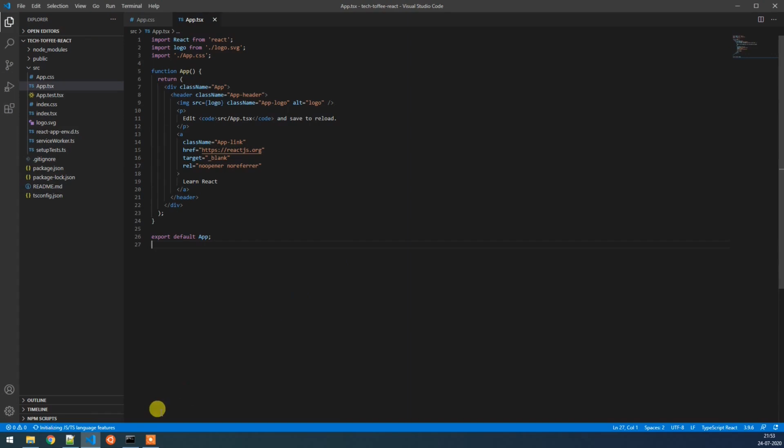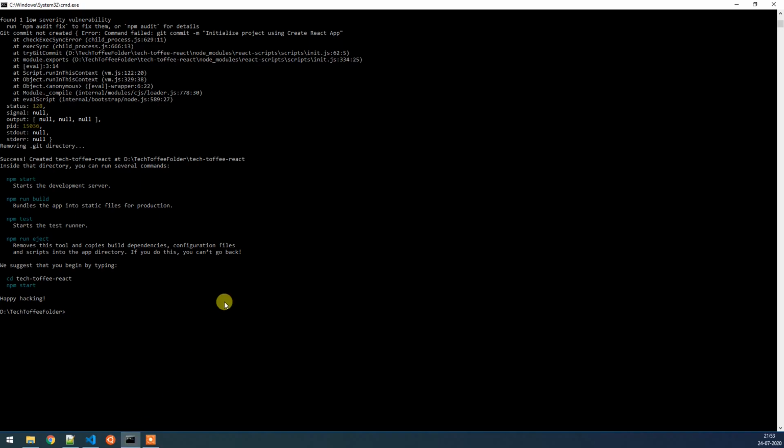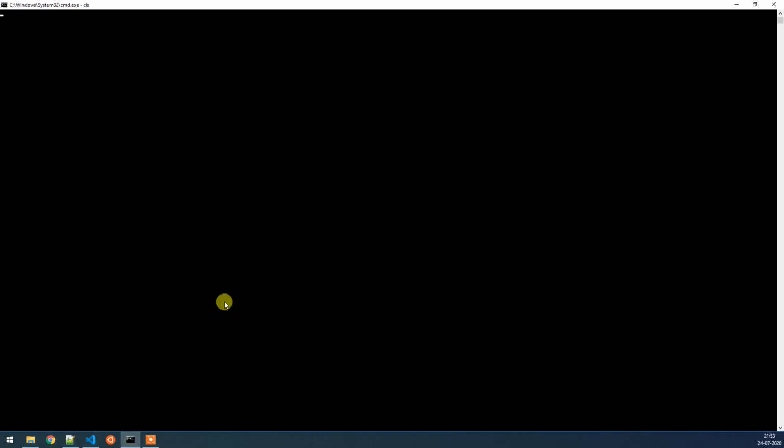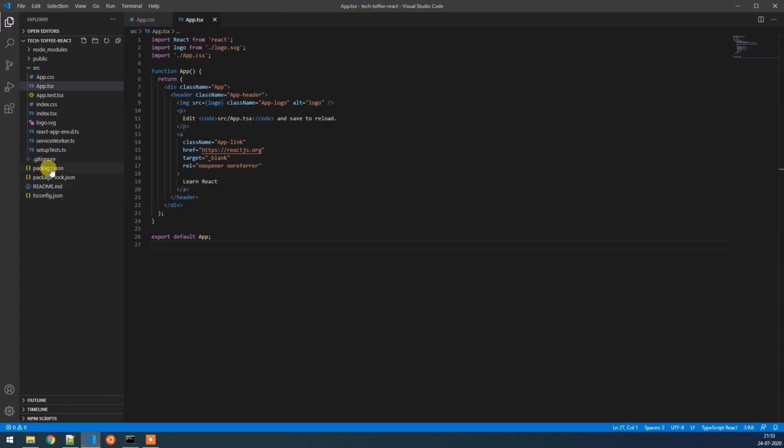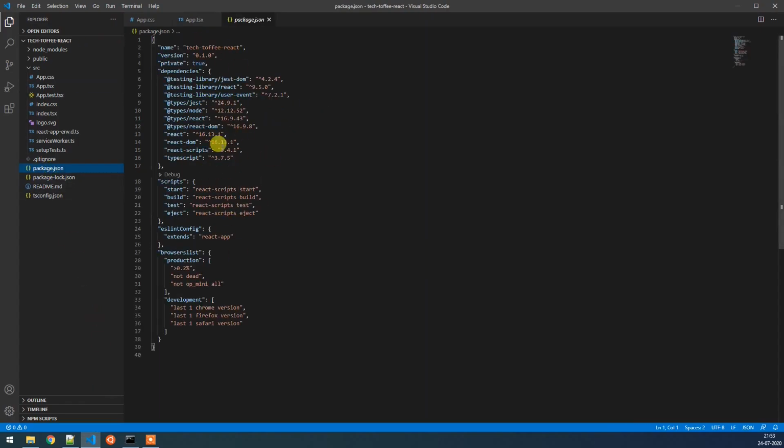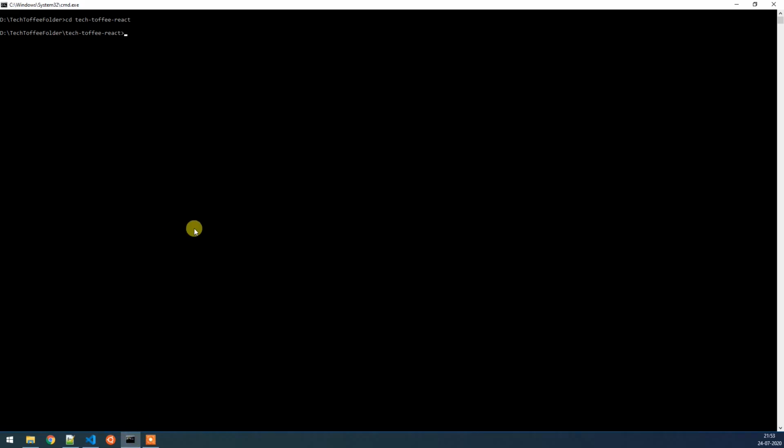Now to run it, we have to change the directory and go inside the Tech Toffee folder, the folder where our package.json file is. Wherever our package.json file is, we have to go inside that folder. Now to start our node server, we have to type npm run start.